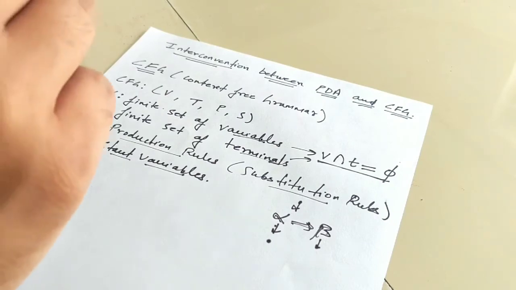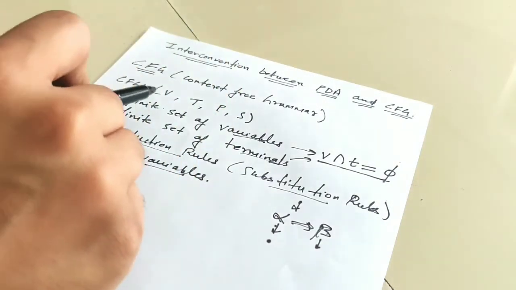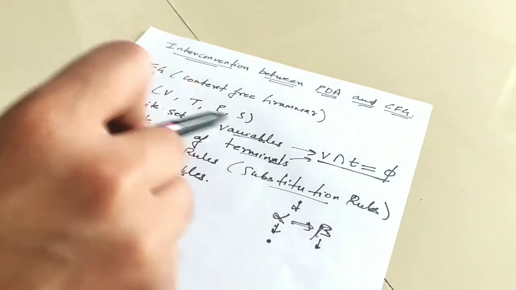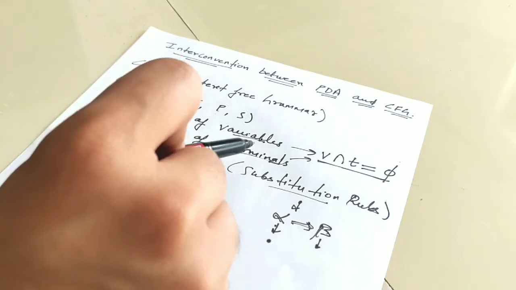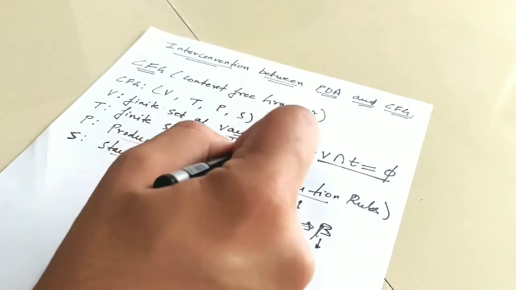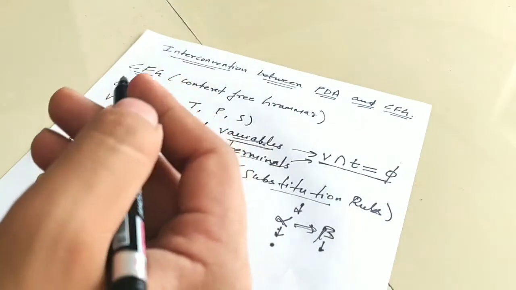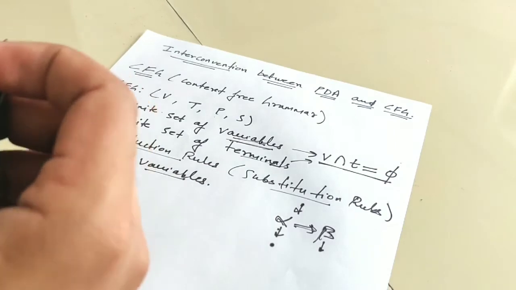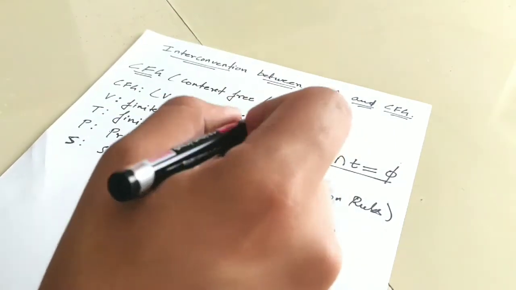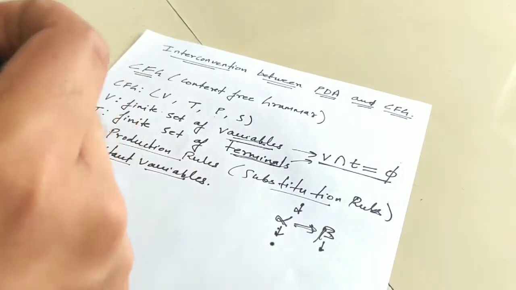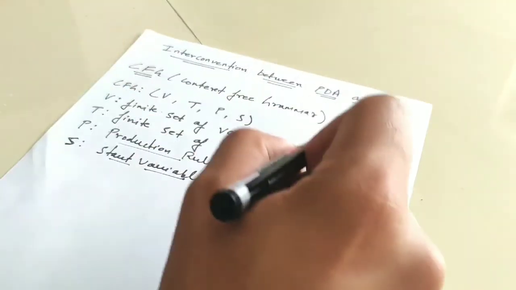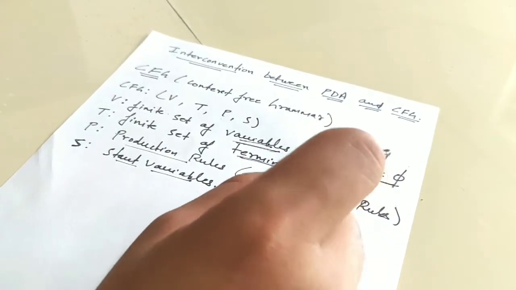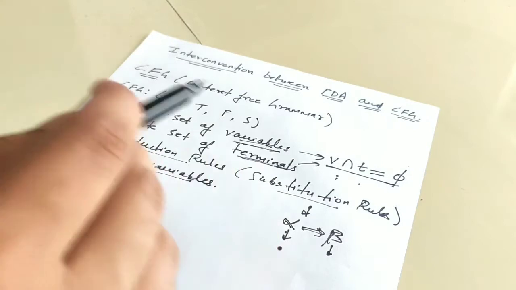So the formal definition of CFG, we can define it as V, T, P, S. V is the finite set of variables and T is the finite set of terminals. Now we talk about the variables. Variables means where we can substitute values, and the values can be variable or terminal, and it is denoted with a capital letter. The terminal is given in a small letter. We cannot substitute anything in a terminal. Just remember this, that V intersection T is equal to phi, means there is nothing common between variables and terminals.